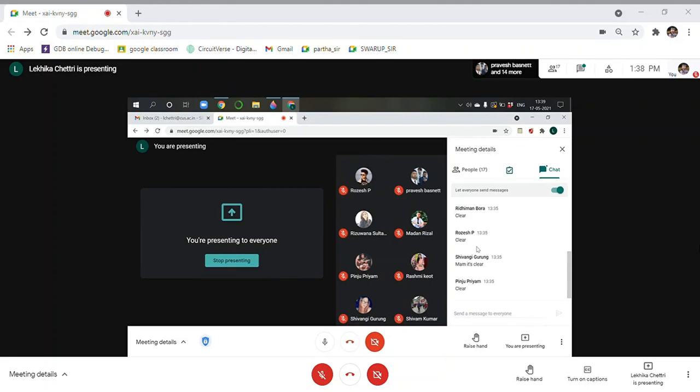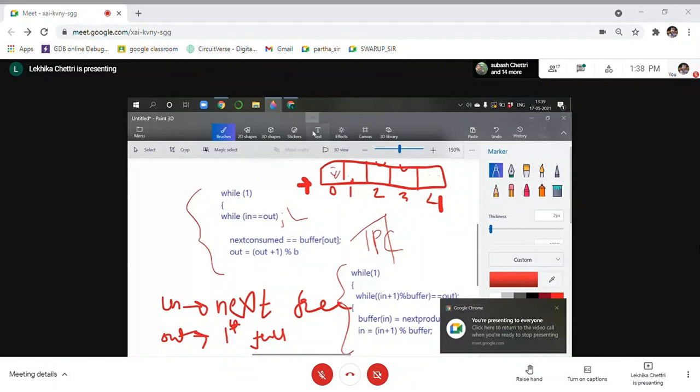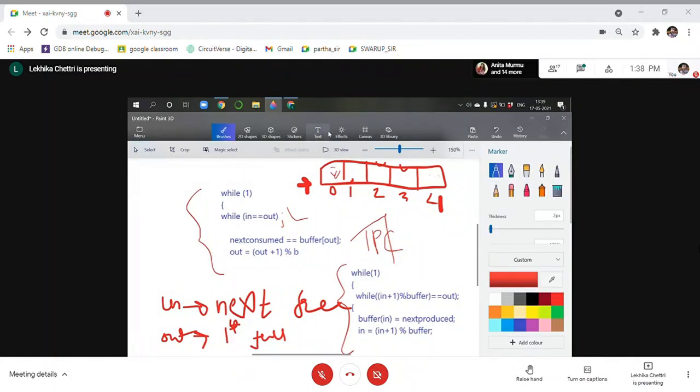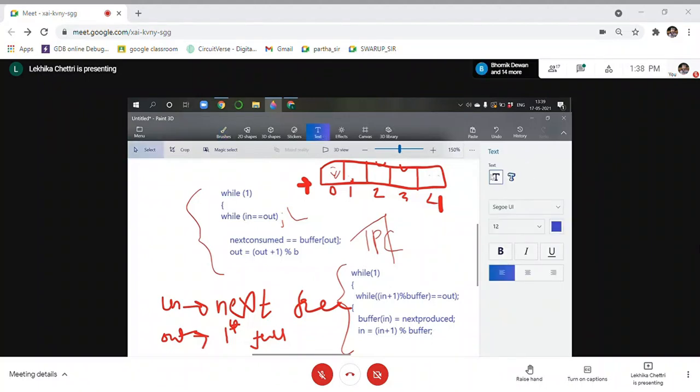We call this direct communication and indirect communication. In inter-process communication, we call it direct when the talk happens directly, versus indirect, when the talk happens through a buffer. So direct and indirect; this chat we are doing is the direct one. This is your self-study part, direct and indirect communication.